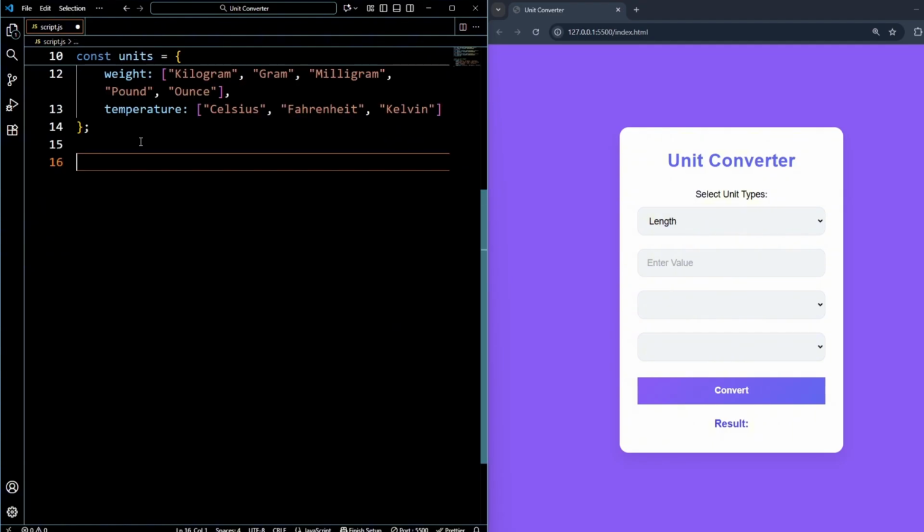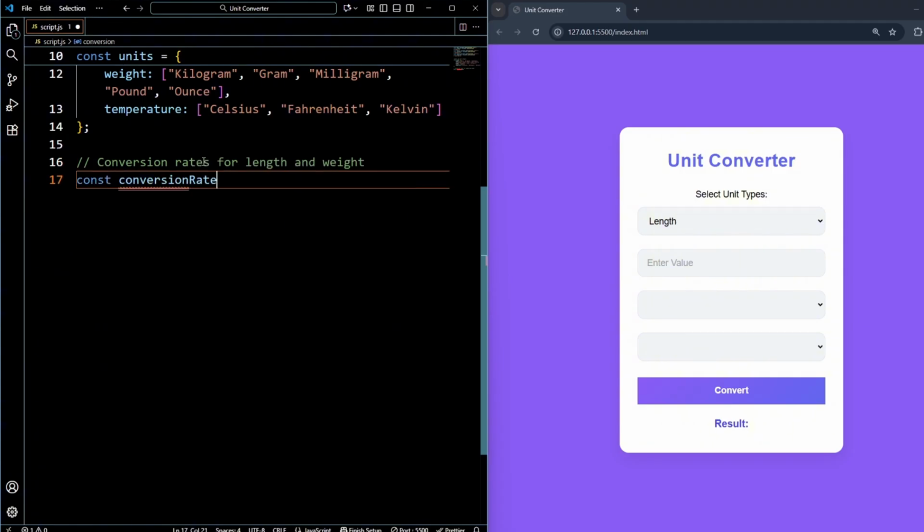Now we need conversion rates for length and weight. You can search on Google. I have already searched, so I'm just writing the length and weight units. So pass a comment here and write conversion rates for length and weight, and inside it write const conversionRates